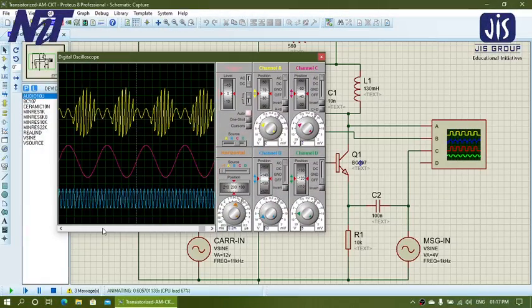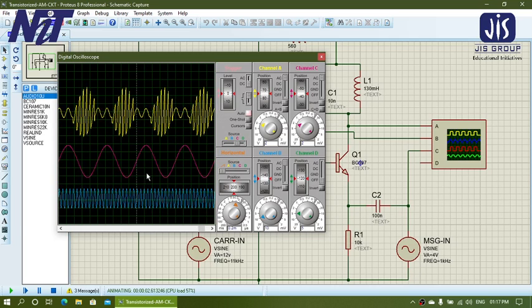So now let's see, when we change our message signal voltage amplitude to 4 volt, it causes over modulation, and in that case our channel input volts per division is set at 2 volt, and accordingly our message signal amplitude has been changed as per the DSO.